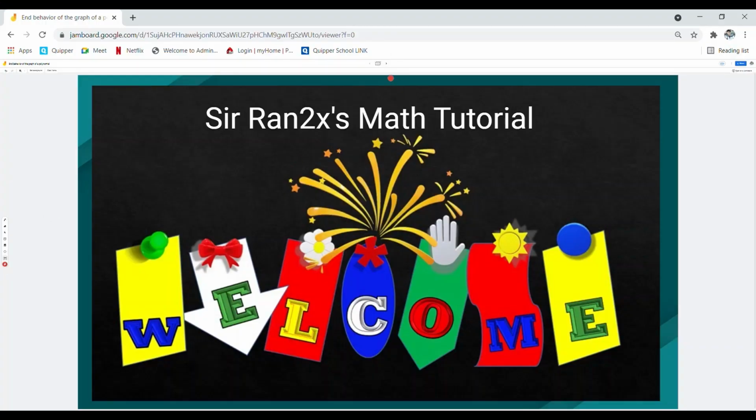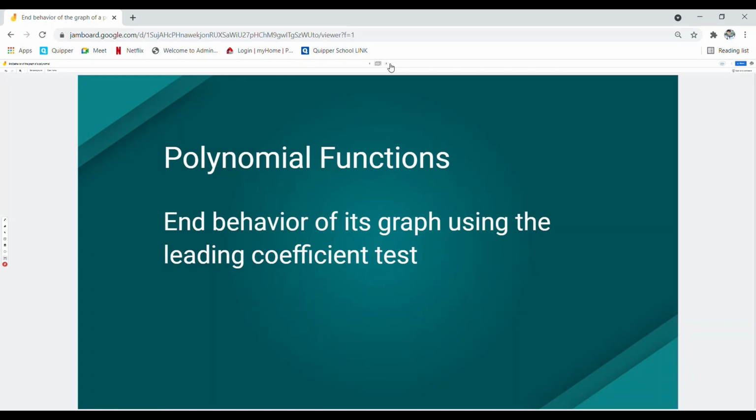Alright, so today we'll be talking about a short lesson under polynomial functions, and that is the end behavior of its graph using the leading coefficient test. So this is for polynomial functions, and let's consider this one as an introduction before we do the graphing of